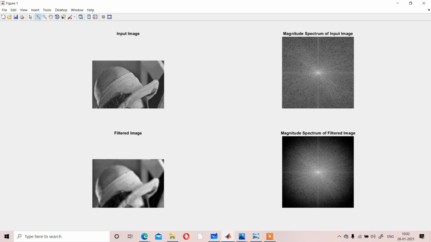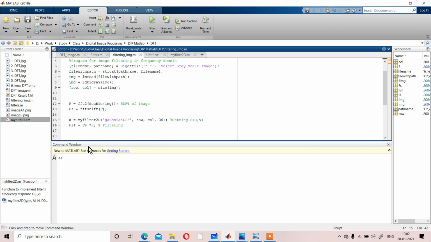We can see that here no oscillations are happening, which means you are not getting any ringing artifacts. That is the reason we should not use the ideal low pass filter. Instead of that, we can use the Gaussian filter or the Butterworth filter. If we use the Butterworth filter, the same thing will happen, but here you can control the order of the filter.